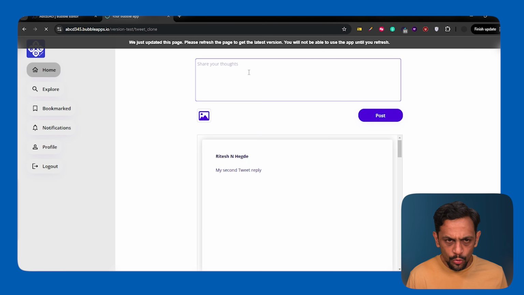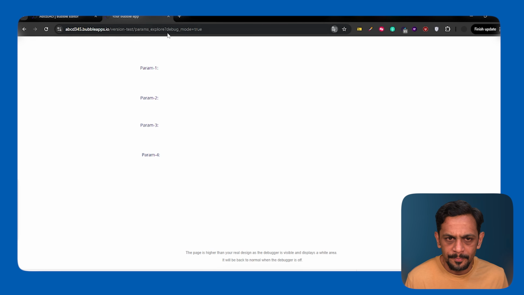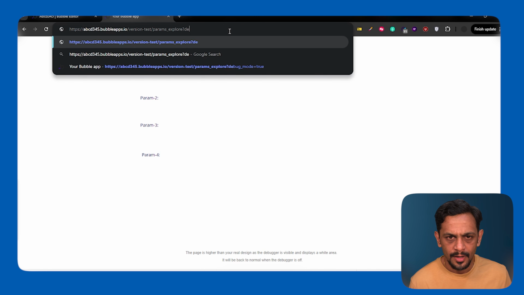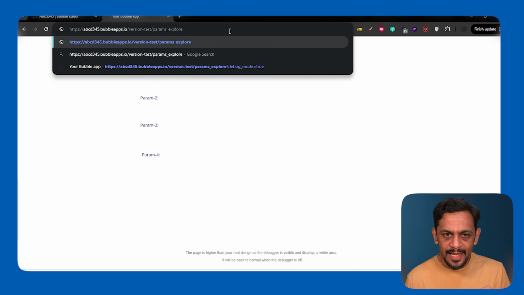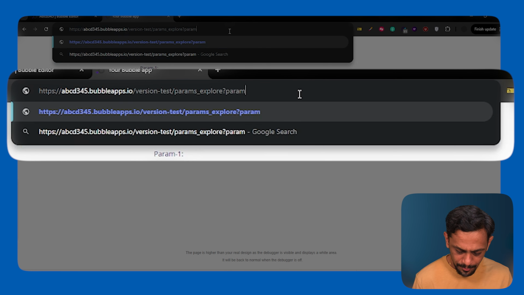Now let's click on preview, and you can see nothing has come in here, but I'll be adding it now. Param1 equals 1, 2, 3. In this case, the params will start with a question mark, and each of the parameters will be separated by an ampersand symbol. So I'll put a question mark and I'll say param1 equals 1, 2, 3, ampersand